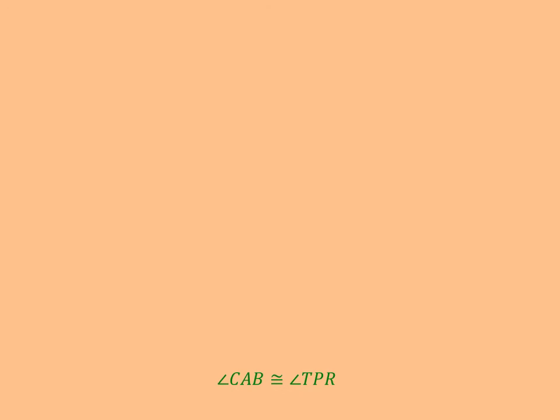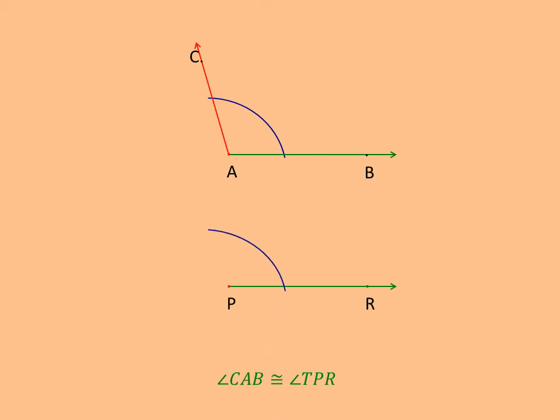Take one more example of an obtuse angle. So angle CAB, it is an obtuse angle. The method will be the same. We will take a radius in a compass. From point A we will draw an arc. With the same radius, the pointer will be kept at P and draw an arc. Now we are going to measure the distance XY from the given angle CAB with the compass, and the pointer of the compass will be kept at point S, as you can see in the diagram, on ray PR, and cut an arc. Clear? So we got the point T now.